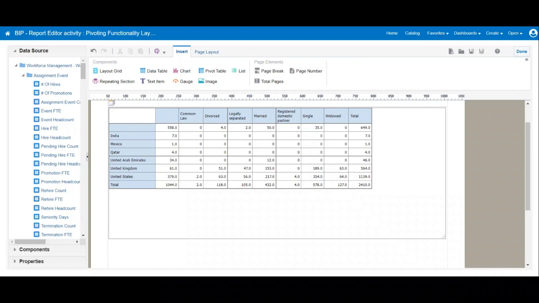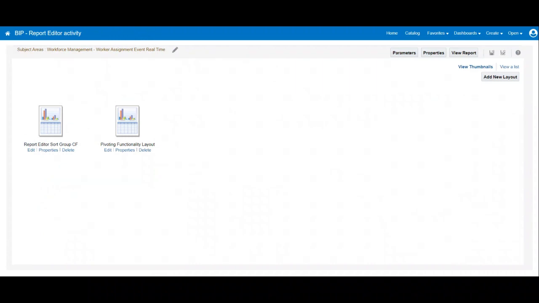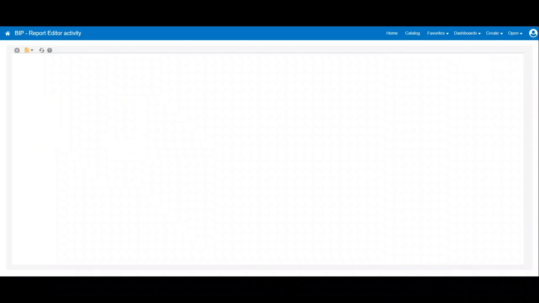Once it is saved and you click done here, this is going to take us back to the report layout section, where you will be able to see two layouts. Earlier, when we came to this report, we saw only a single layout. Now we are able to see a new layout because we have created it, and in that we had the pivoting functionality. So now if you click view report,